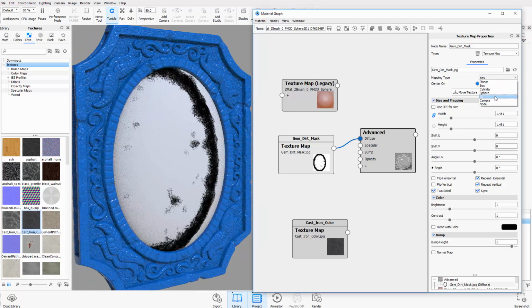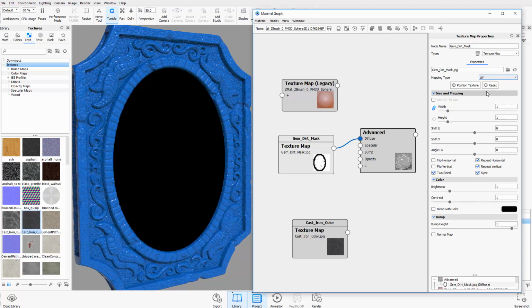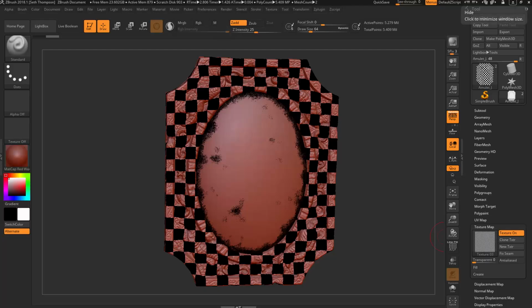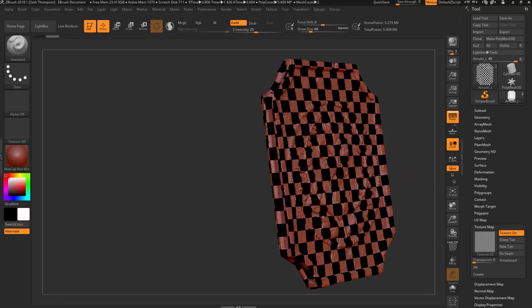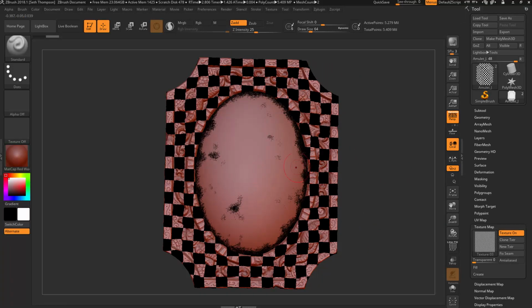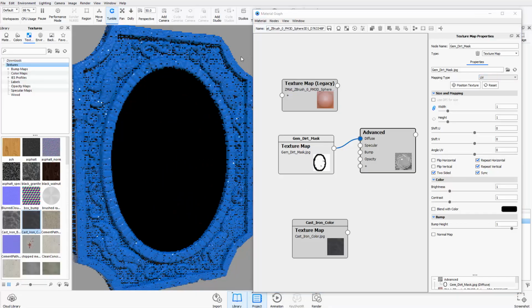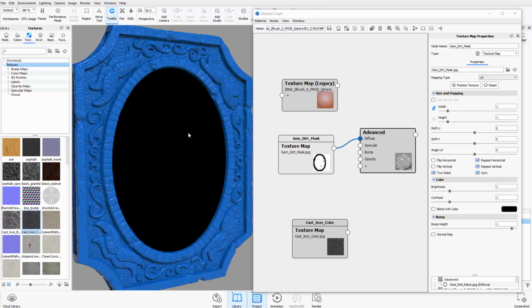What you would want to do is change this to UV, but the problem is the first time we sent this over, we didn't have texture map on within the section, so it didn't retain the UVs as we sent them over. So what I'm going to illustrate now is I'm going to update this gem and send it back over, both of these with texture maps. And afterwards, we're going to pull this back in,